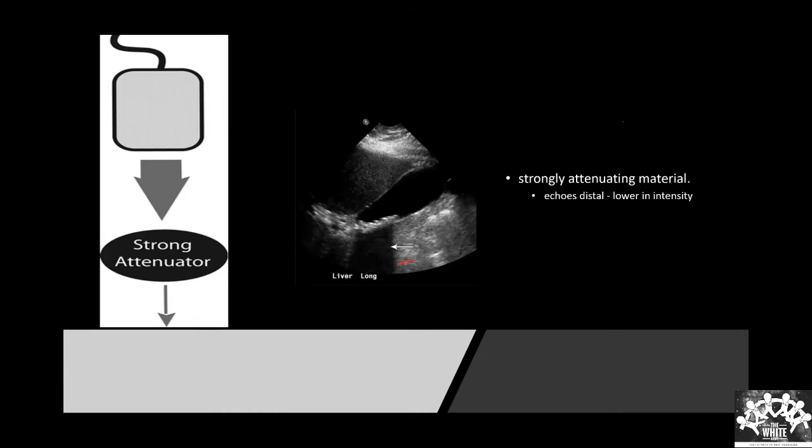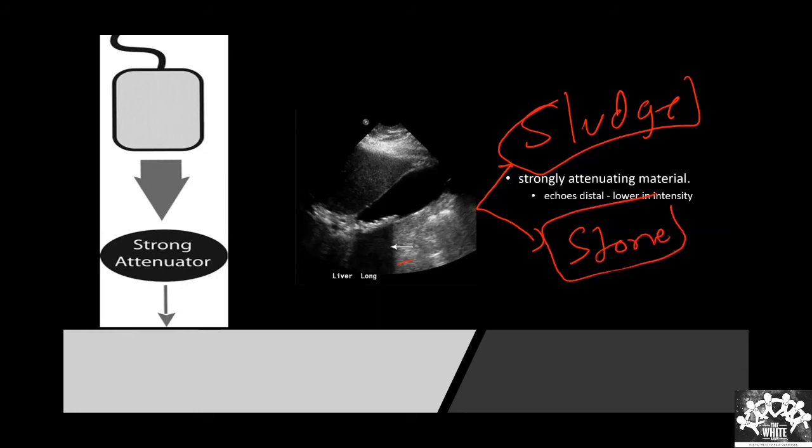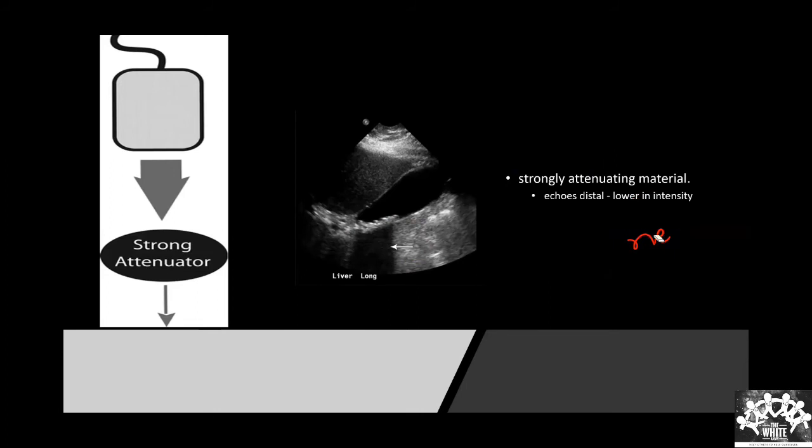We call it a sludge. In the reports, you will see something called sludge. Sometimes this kind of shadowing will not be clear. The consultant may not be able to differentiate whether it is a cholesterol deposition or a stone. Don't blame the consultant, sometimes it happens. We cannot differentiate this shadowing clearly because of the bowel shadow. So that's how to differentiate a sludge from a stone.